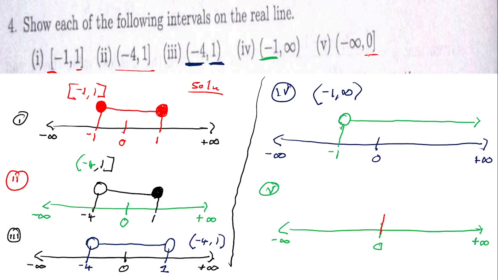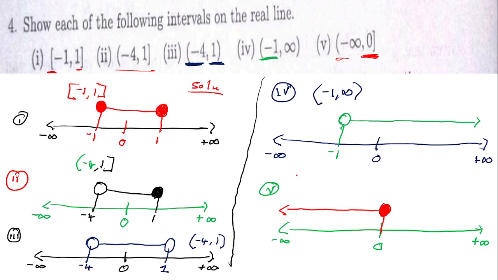Then you're going to check, is 0 part of the answer? The answer is yes. So you are going to shade like that. And in which direction are you going to go? You're going to go in the direction of negative infinity. So you just draw a line going this side. That's how easily you can